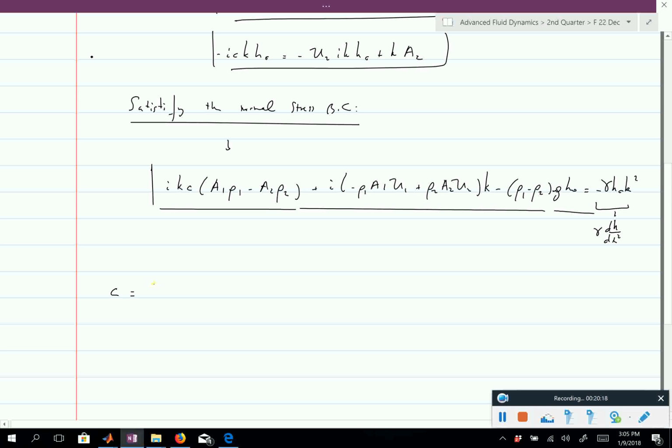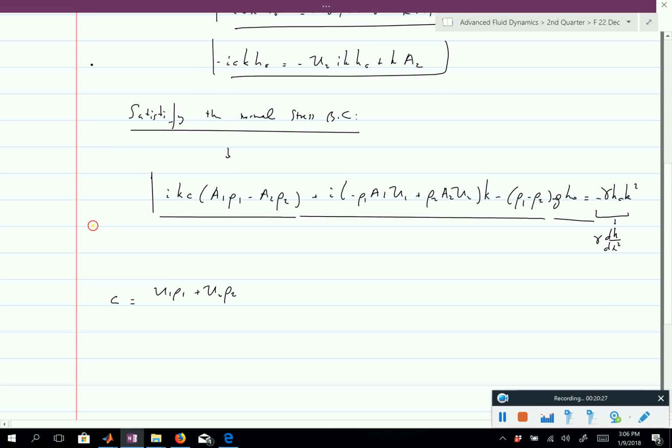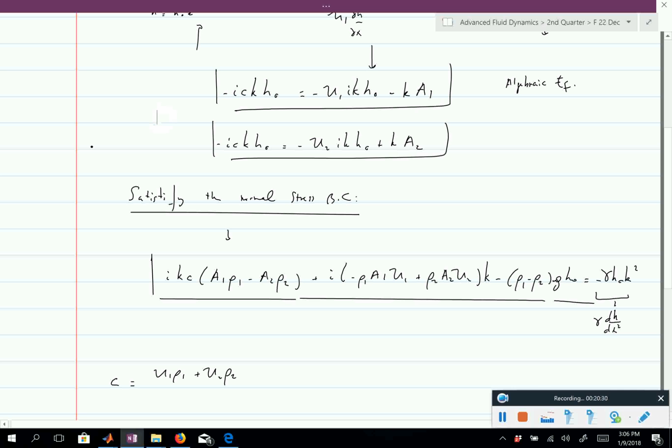I'm just going to write it once. So C equals U1 rho 1 plus U2 rho 2. Actually, what you end up having is, once you substitute everything, it might not be obvious, but once you do the right substitutions, you get a second order polynomial for K that you solve for C. You can simplify those three equations to one equation, which is a second order polynomial in C. And so when you solve that, you'll get